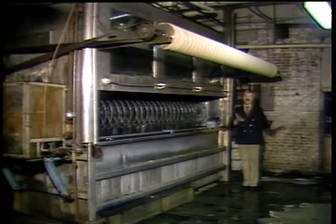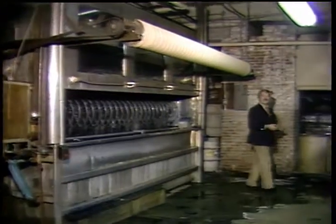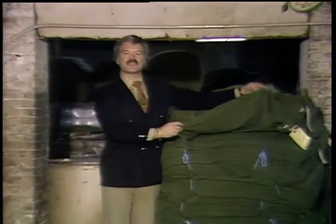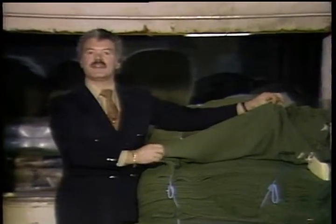It is then rolled in bolts, and we see it finished here. This is now the fabric from that dye vat, turned into this cream fabric for the Department of National Defense. Once the fabric comes from the dyeing and the drying room, it arrives here wrapped in a bolt